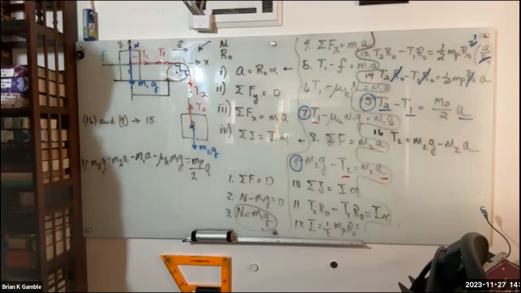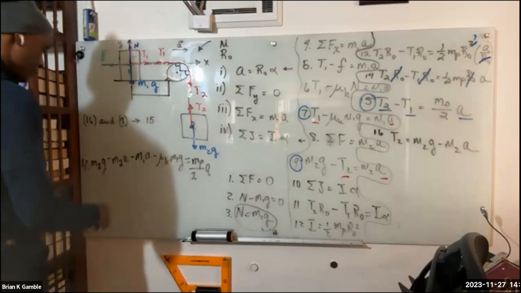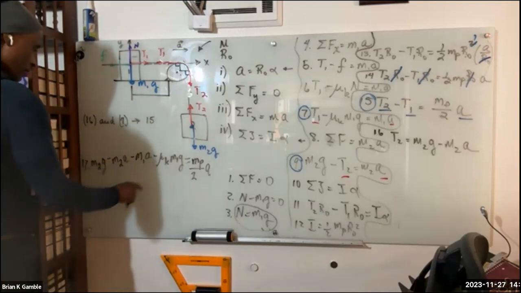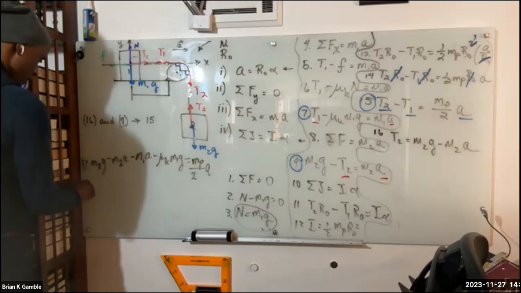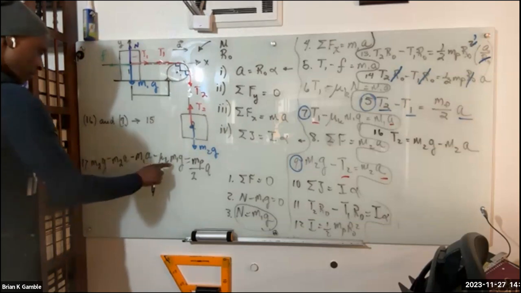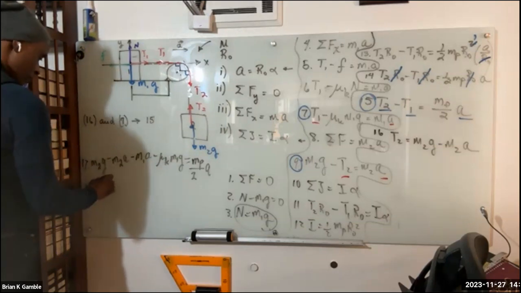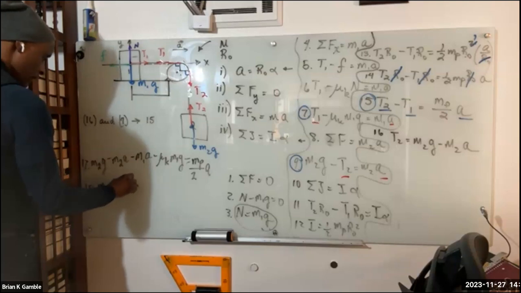Okay, now I'm going to factor out a G from these two terms and take this stuff over the other side. So I'll have M2G and minus mu K M1G. So M2 minus mu K M1